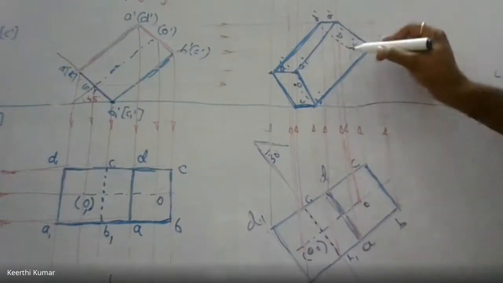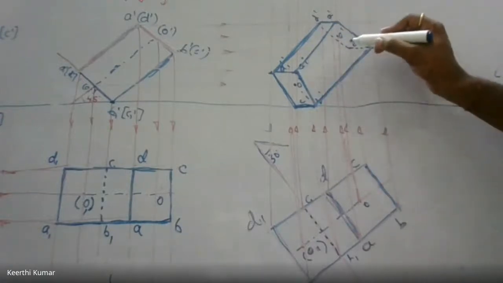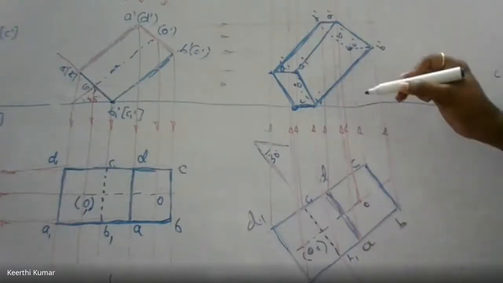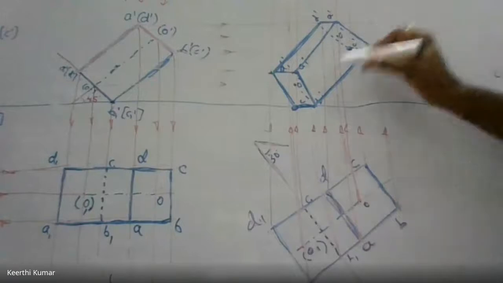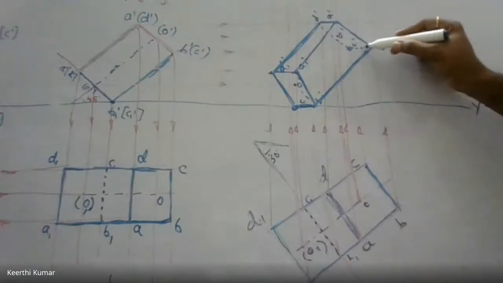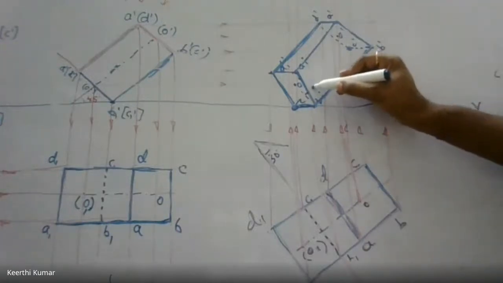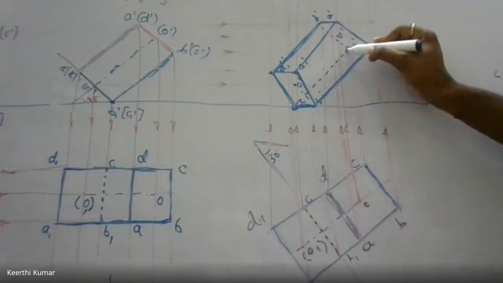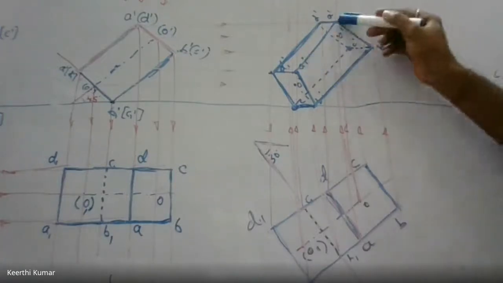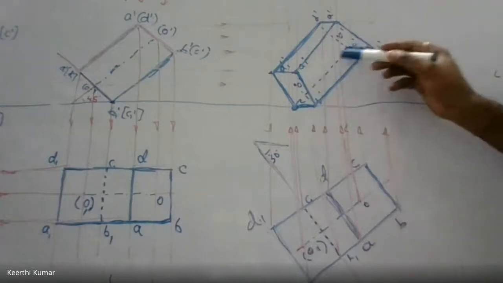B to B1 is connected, but C to C1 is not connected. So whether I should see the point C at this point or this point is important. Out of these two, you check which is inside. This point C is inside, so you concentrate on this. From this point, already two edges are hidden. The remaining edge is supposed to be hidden. Clear? So A to A1 is finished, B to B1 is finished, C to C1 is finished, D to D1 is finished.